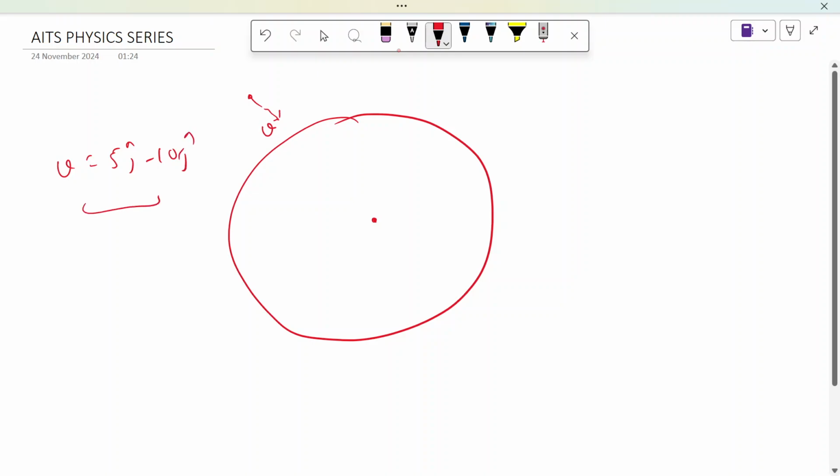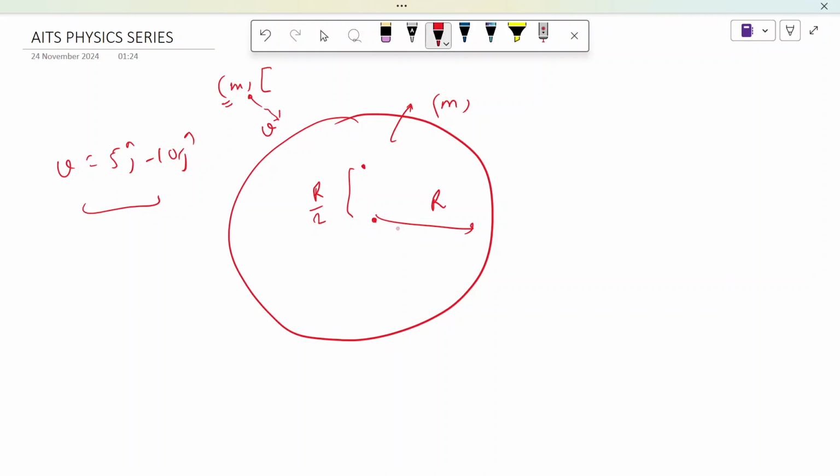It is a disk of mass m and radius r. The particle which is striking the disk also has the same mass m, and the radius is r. It strikes at a point located at a distance r by 2 from the center. So what we have to calculate is, the coefficient of restitution corresponding to the collision